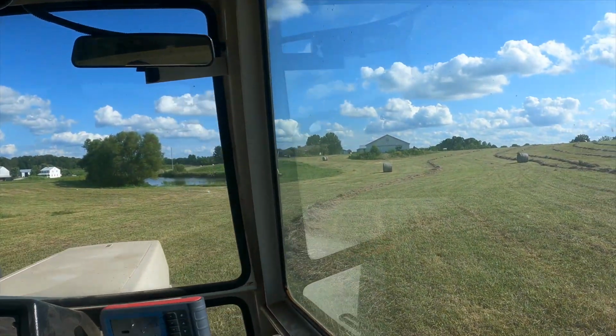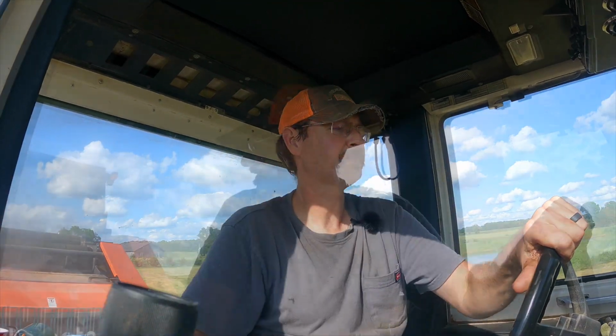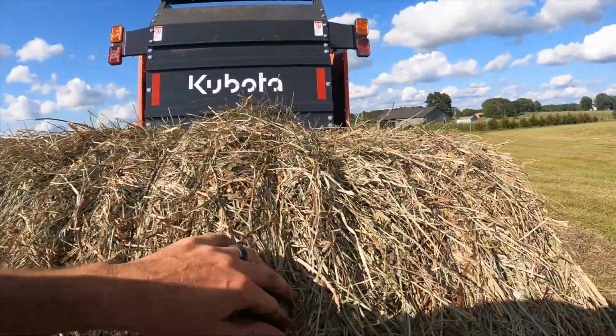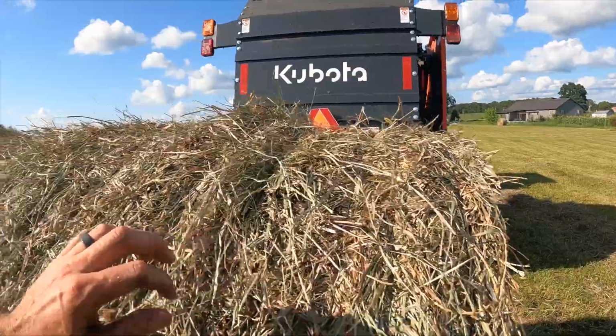Okay, picked up good and clean. Looks good. 37 inches so far. I'm gonna be careful with this one because this windrow's been flipped. She's kind of narrow. Trying to stay in the middle of this thing as much as possible. Just don't get up on the side of the bale. Okay, let's get out and check the string. That's how it looks before we do any more. 1, 2, 3. Yeah, there's a little more string on it. It looks tighter. I may actually go...